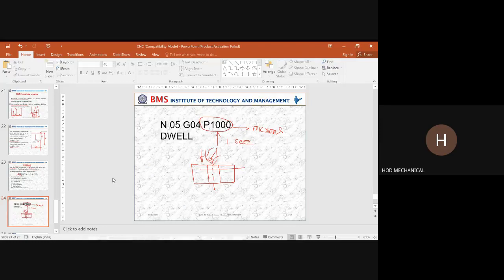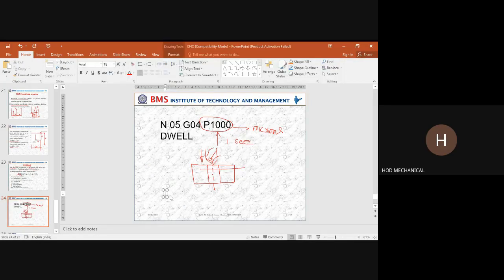Then we have one more command, which is G20. G20 is nothing but the inch unit. That means all the dimensions you write are going to be in terms of the inch unit.